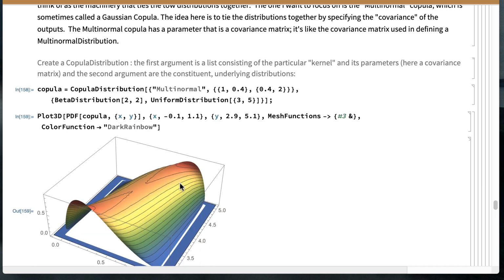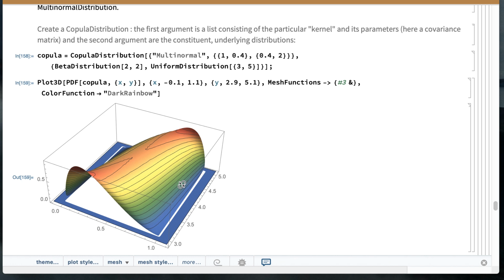Wonder a little, there we go. Okay. So we've now tied these two distributions together. You can see that there does seem to be some positive correlation between the beta component between 0 and 1 and the uniform component between 3 and 5, so that it would be quite common to get